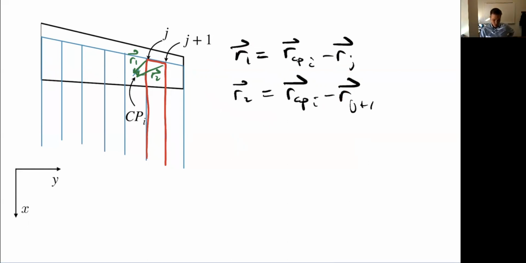Just a side note here, I've used uniform spacing. That's one way to do this. So, easy way to do it. There are other ways. I could use cosine spacing similar to what we've seen before with airfoils. And so, for example, with the wing, I may want to use cosine spacing so that I get panels that bunch up more. This is kind of not the greatest drawing here, but they're going to bunch up more here